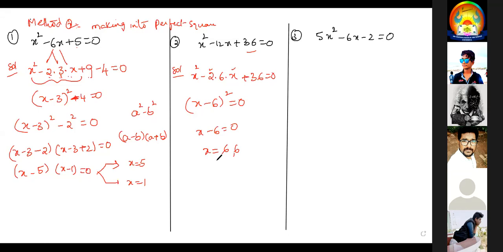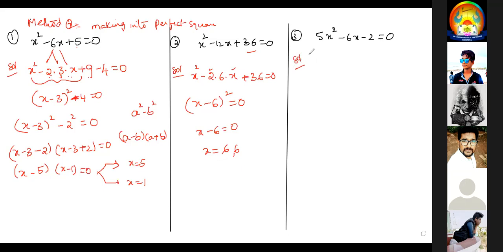Why, sir? Every quadratic equation should have two roots. So 6 alone looks like one root. If you write 6 comma 6, then it is clear that it is a quadratic equation whose root multiplicity is 2. Like that. Now, when I'm talking about question number 3,